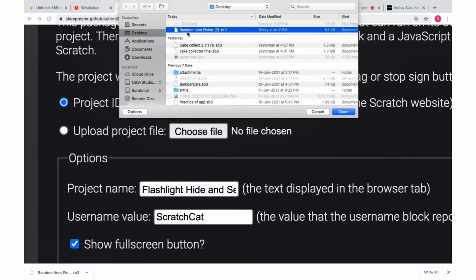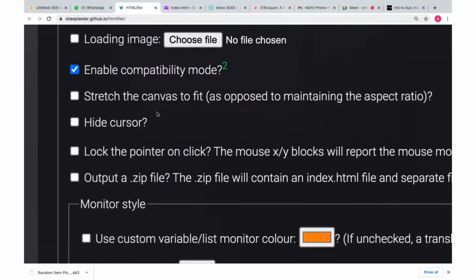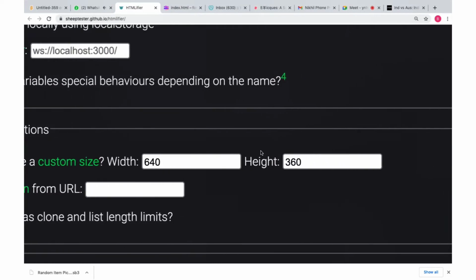So this is the file, random item picker. We selected it. You can see here once I selected it, it came up here. It had the project ID. Okay, I scroll down. The second thing I need to do, guys, is check my